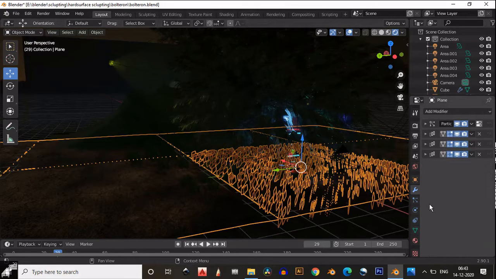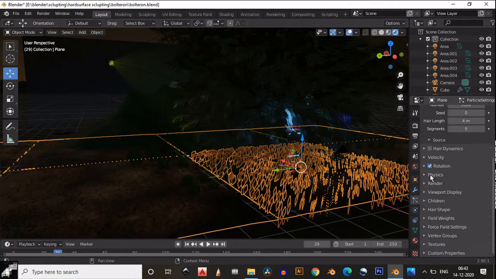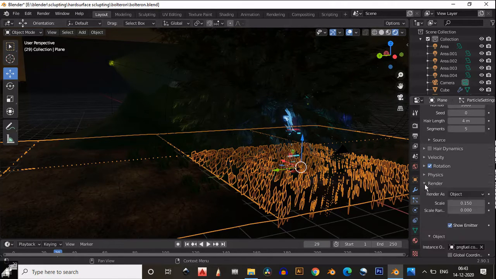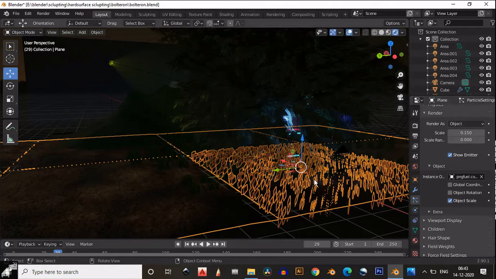Then I added one particle system. So here is a particle setting, and I use the particle settings. I want to create the particles of the grass. So that's why I have used these particle settings. I selected simply here is a render option. You just need to select here the objects which you want as a particle in your scene.